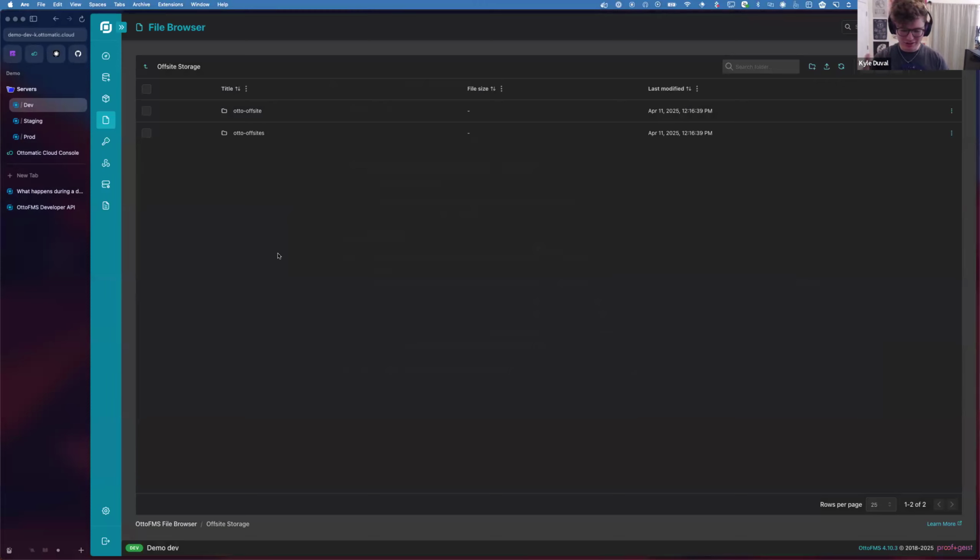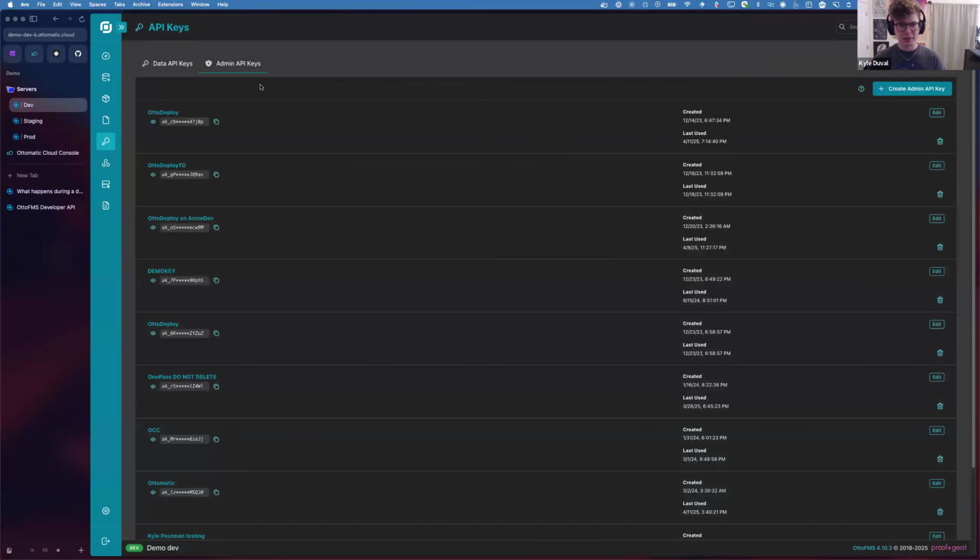But yeah, that's an interesting thing to call out, is that AutoFMS has API keys for the data API and the admin API. I have a lot of them on the server because I do testing here, but these API keys can be used to authenticate with the Auto API at server/auto/API, or with the admin API using a proxy, which is at /auto/FMI/v latest, the whole admin API proxy. And then you can hit any of the admin API endpoints using an admin API key, and it will do all of the session management for you.